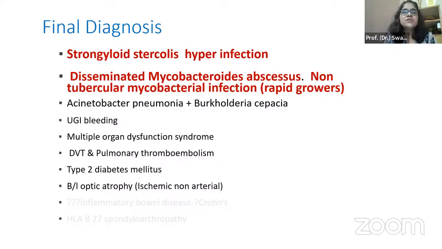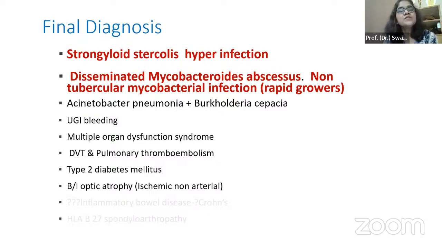So this becomes very interesting as an important differential diagnosis. Many a time we don't realize why the patient has long segment colitis and the patient keeps on having chronic diarrhea. So these parasitic infections also have to be kept in mind. And then what is interesting, Dr. Mukhya, what I found was that later on he develops non-tubercular